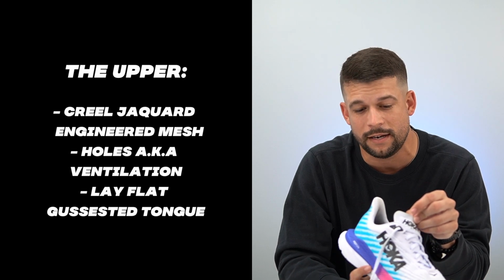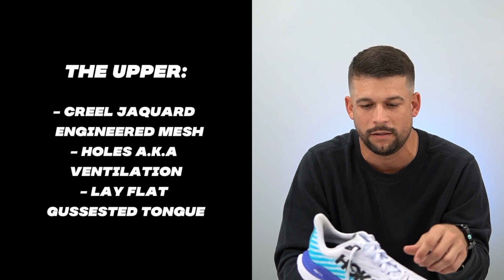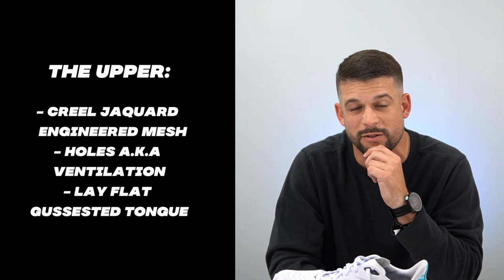And if you don't know what gusseted is, it just means that it's connected on the inside, which just gives you a little bit of a better lockdown. So we love that here on the channel. We love a gusseted tongue, and this one is literally one of the best tongues I think I've ever seen in a shoe. It's got this heel flare too,